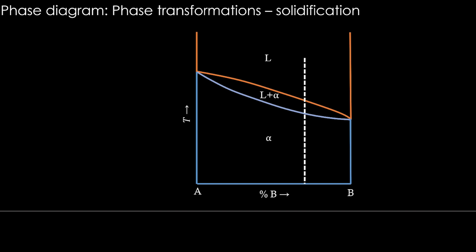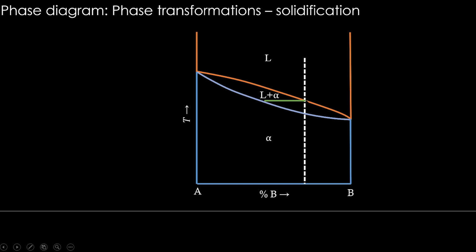Let's say this is our overall composition. Let's come down in temperature from a really high temperature. What happens when it touches the liquidus line, the orange line? Liquid plus alpha forms, and let's put a tie line and see how much solid has formed. To figure out the alpha content, we need to measure the length opposite to the alpha phase and divide it by the total length according to the lever rule, and what we will get is a very tiny amount of alpha.